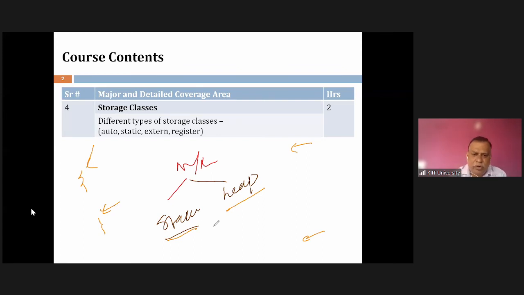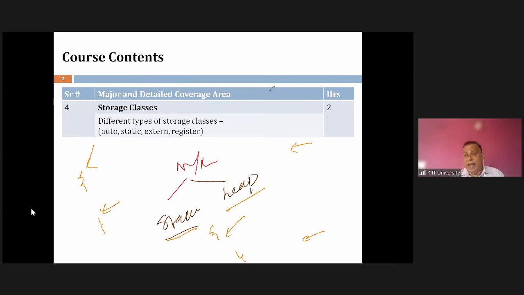Or I can declare a simple block also without a function. The variable declared inside it, its appearance will start when the block starts. When the block ends, the variable will disappear. But if it is stored in the heap area, the variable will appear till the end of the execution. There are some variables which I may need after the function terminates. There are variables which I do not need after the function terminates, so we should let them disappear, and the memory space can be utilized for other purposes. Variables which are stored in the stack appear when the function is called, and disappear when the function terminates.